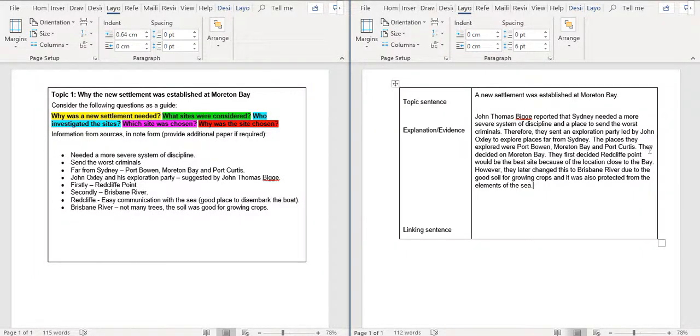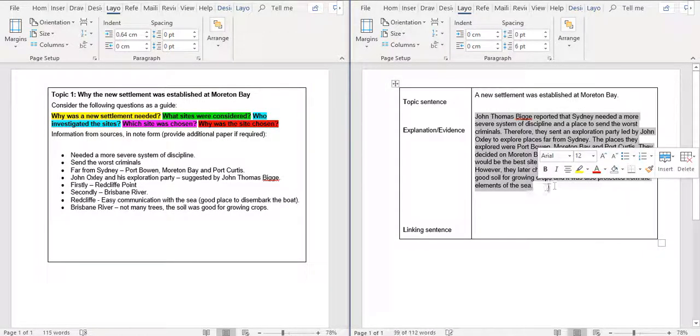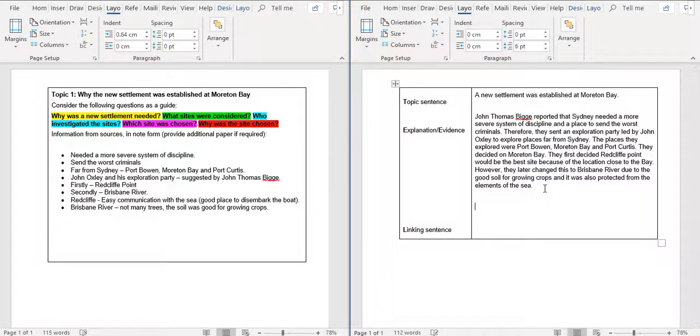All right, so we've got our explanation and our evidence intertwined in this paragraph here. Now, the last thing we need is the linking sentence. The linking sentence is called a linking sentence because it needs to link up with our topic sentence. So we need to basically sum up what we've had. So the linking sentence is, this is why a new settlement was